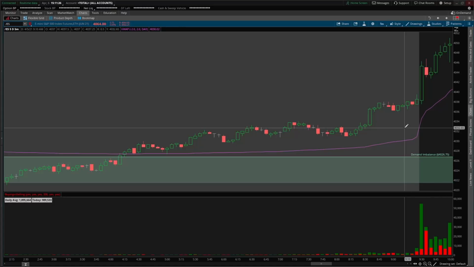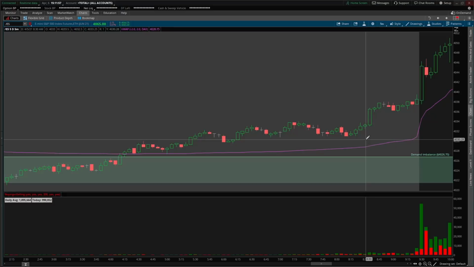And the only way that I prefer to go long, with my edge, is waiting for a pullback into demand to get long. So just because the market comes up doesn't mean I have to buy it. And just because the market comes down does not mean I have to sell it. I have to wait for my edge to be present. If I trade based on what I think is going to happen or based off of my intuition or my feeling, I'm going to get burned. And if you do the same, you're going to get burned as well. You have to trade only when your edge is present.